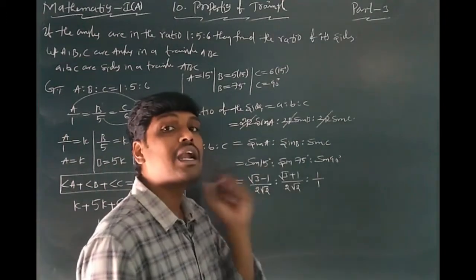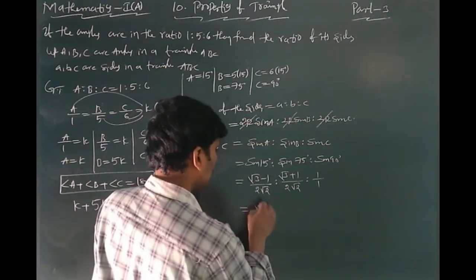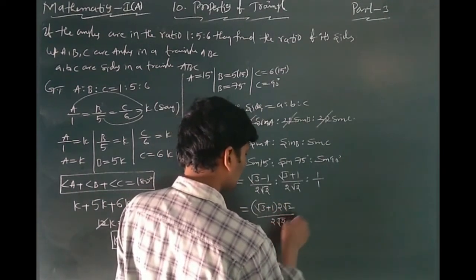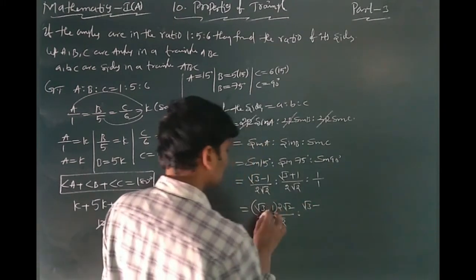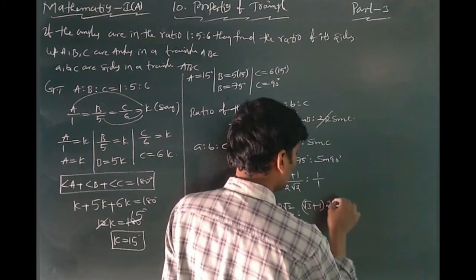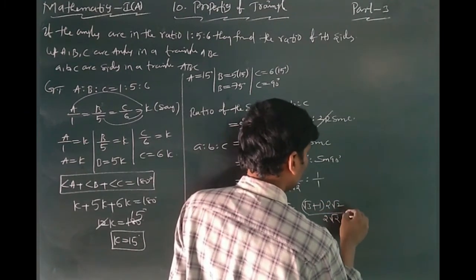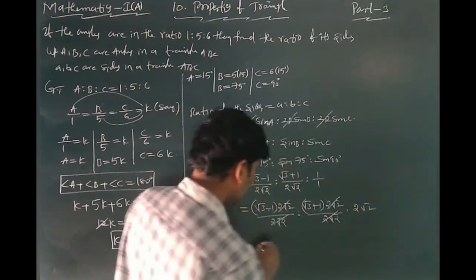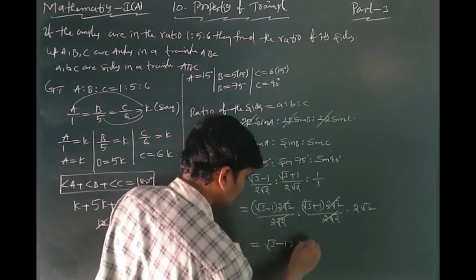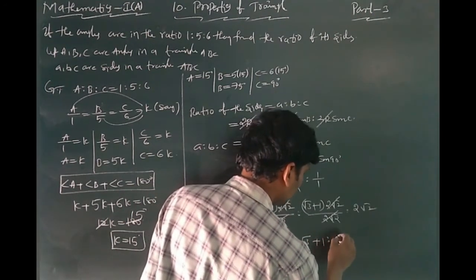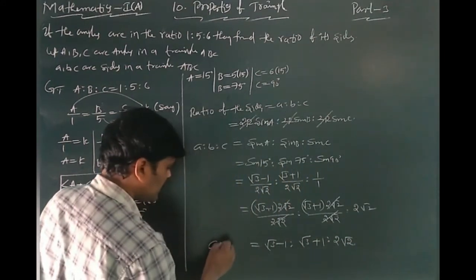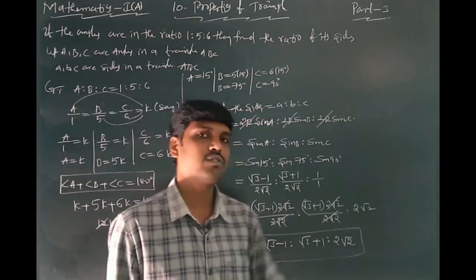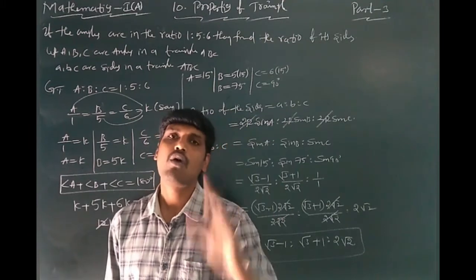After that, the total is multiplied with 2 root 2. Root 3 minus 1 over 2 root 2, root 3 plus 1 over 2 root 2, and 1, each into 2 root 2. Understood? The 2 root 2 get cancelled. You get, students, root 3 minus 1 is to root 3 plus 1 is to 2 root 2. This is the ratio of the sides of the triangle. This is also a very important 4 marks problem.